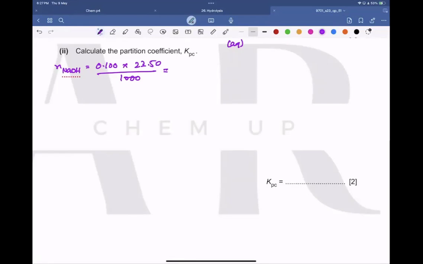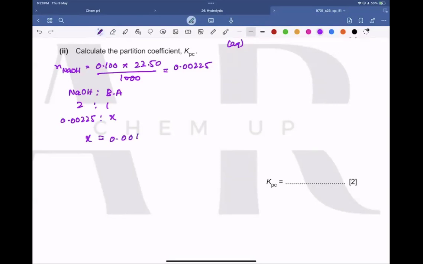Yes, it's 0.00225. So these are the moles of NaOH. If you recall, the ratio of moles of NaOH to the butanoic acid is 1:2. Sorry, it's 2:1. So if these are the moles of sodium hydroxide, then it's X, so X is equal to 0.0011125. So I got the moles,